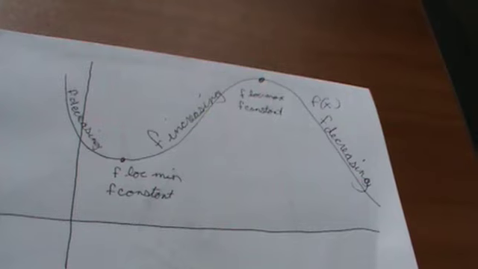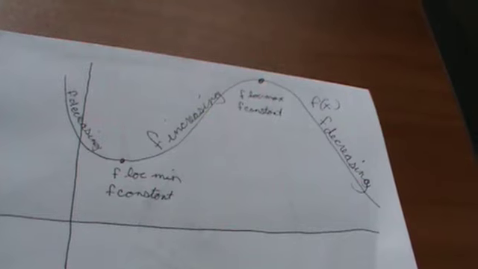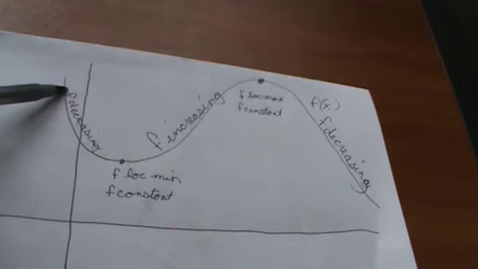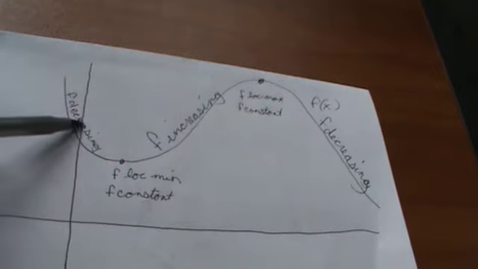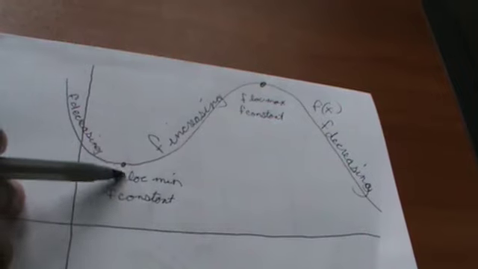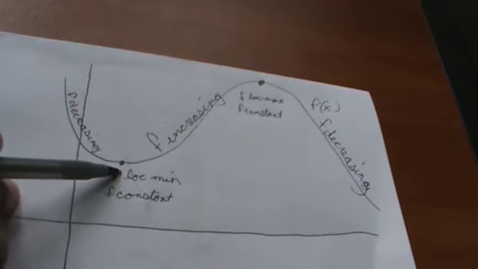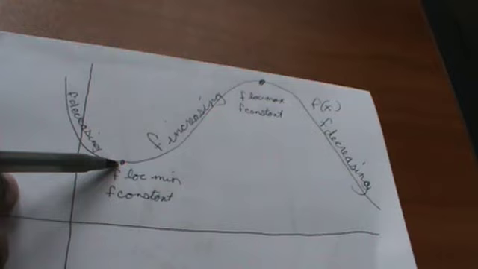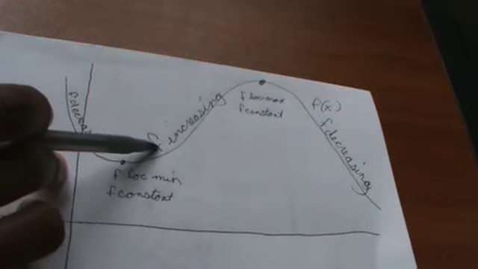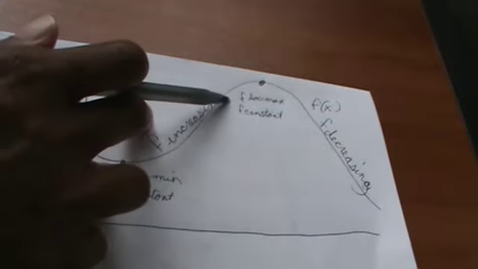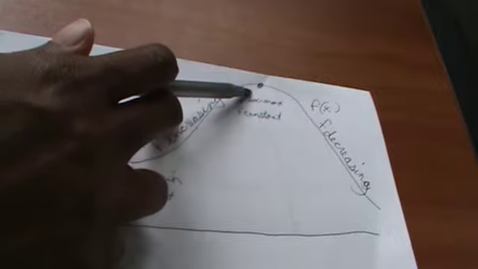Hello everyone. I'd like for us to take a look at this graph of f of x. And you notice I've done a lot of labeling. Your function is decreasing. Again, if you're on the roller coaster ride, you're coming down. You get to a point where your function is constant, neither increasing nor decreasing. And then your function starts increasing in here, all the way up to where your function is constant again, and